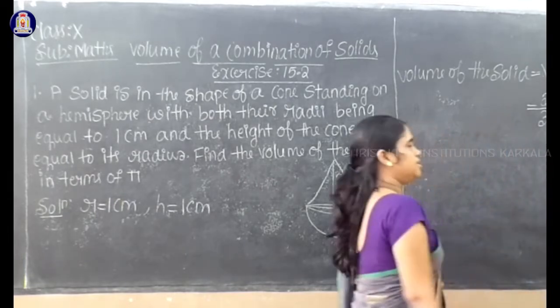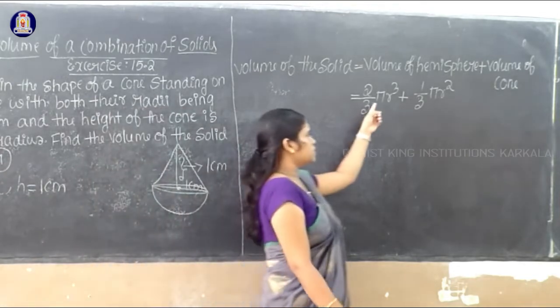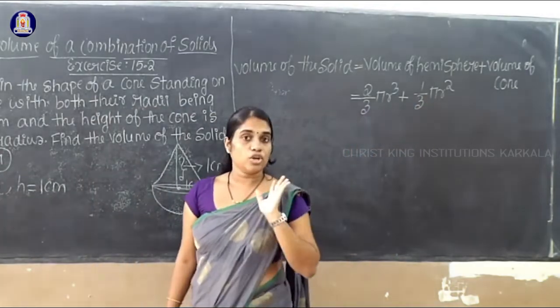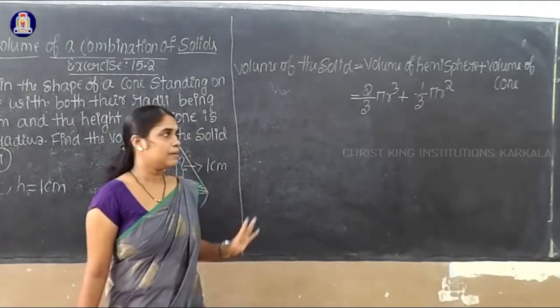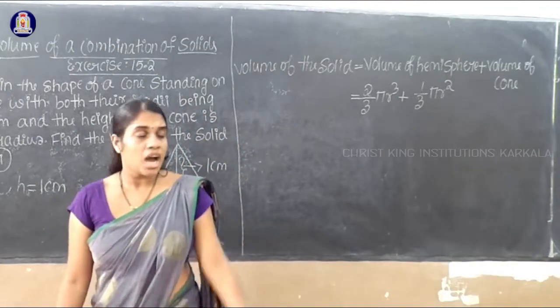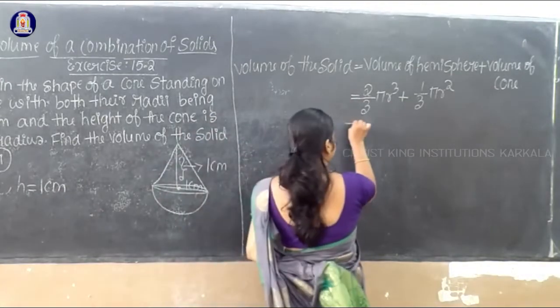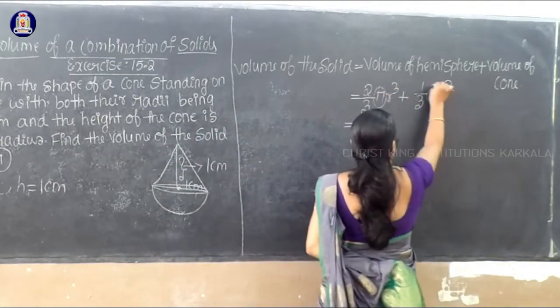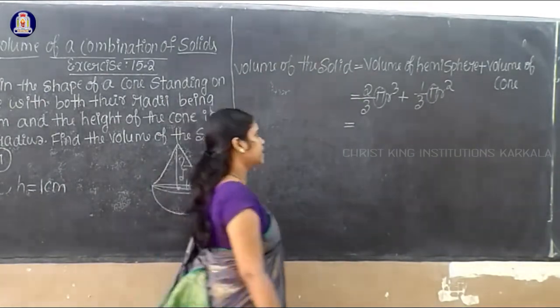See, actually the question given, you have to write your answer in terms of pi. So therefore, I will not substitute the value of pi. Actually, what is the value of pi? Pi is equal to 22 by 7, isn't it? But since they are given here, your answer must be in terms of pi. I will not substitute the value of pi. So here, I'll take this pi as a common term. Pi is common here, isn't it? So I will take it outside.